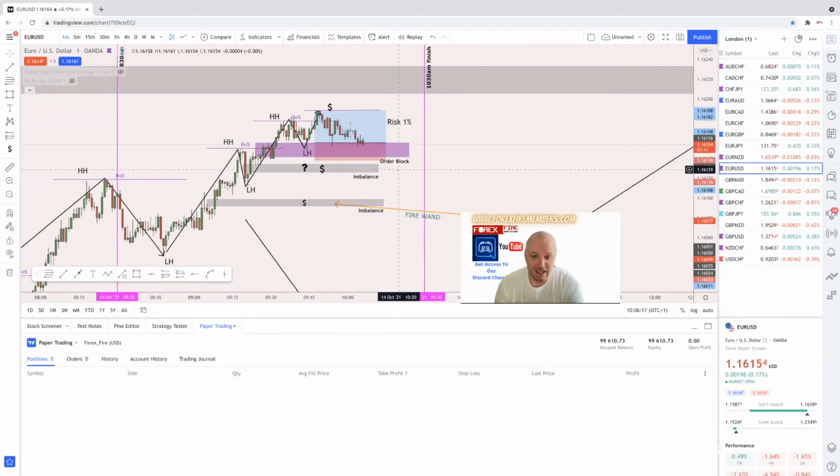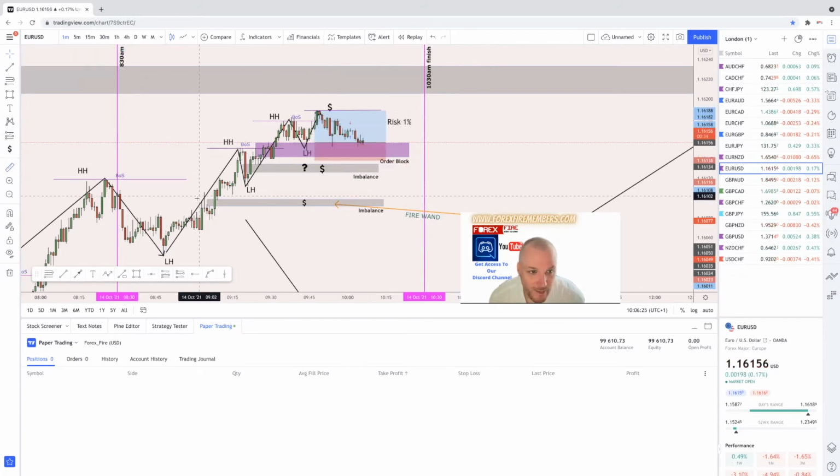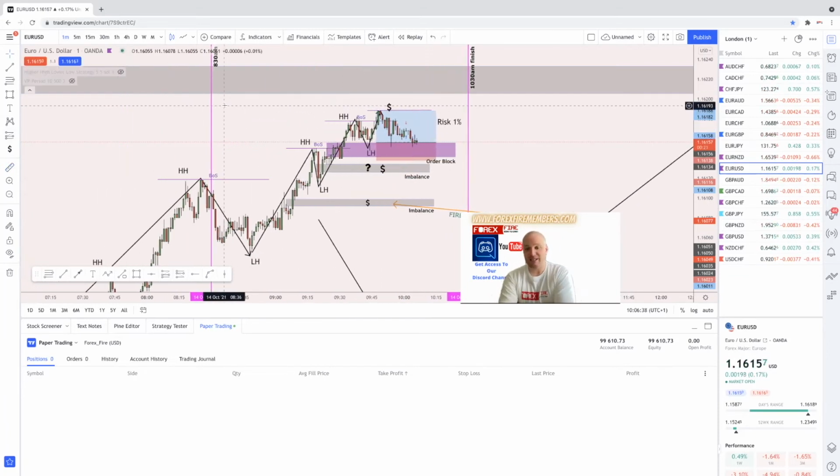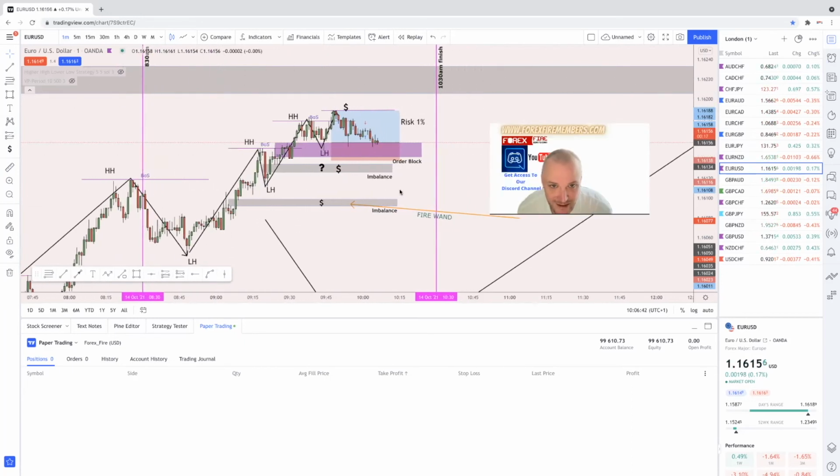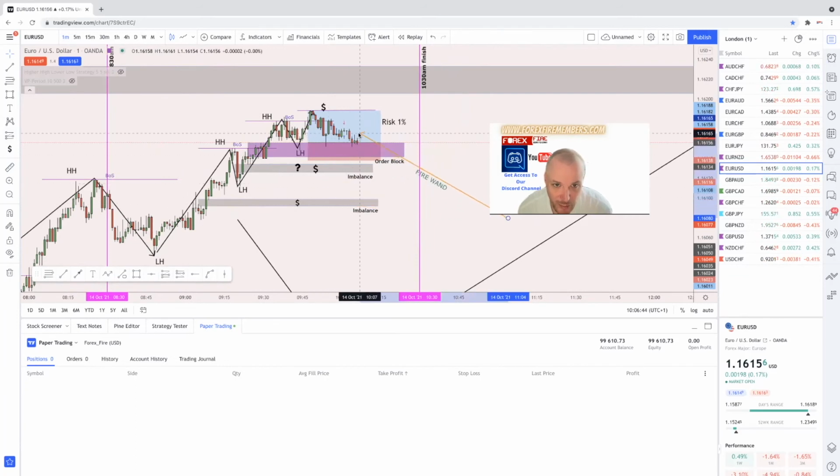Now, as you can see, we are at 5 past. So just to show you, we've had this expansive move, okay? But when you look at the pips, there's only been 3 pips move within the last 20 minutes. So this is telling me price is getting exhausted for sure. So again, is there going to start to be a price reversal down to this imbalance area?